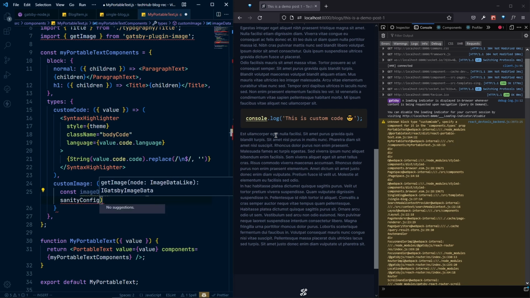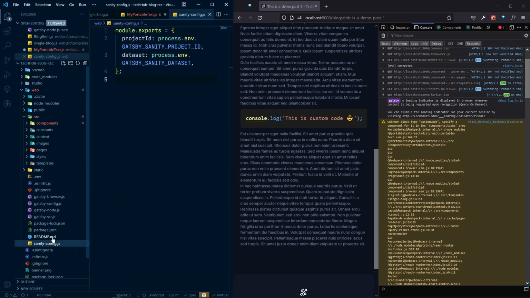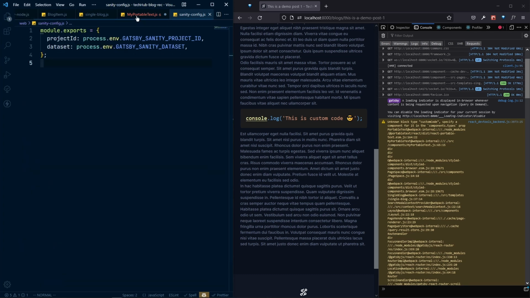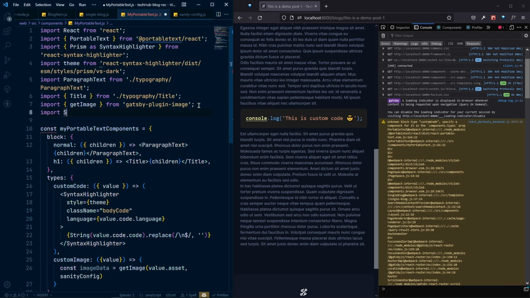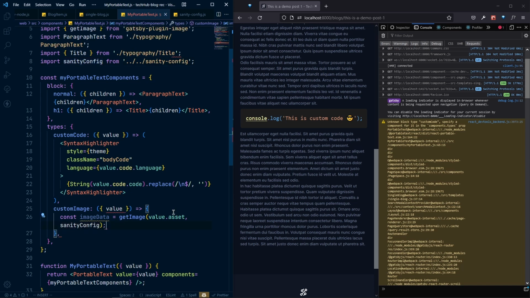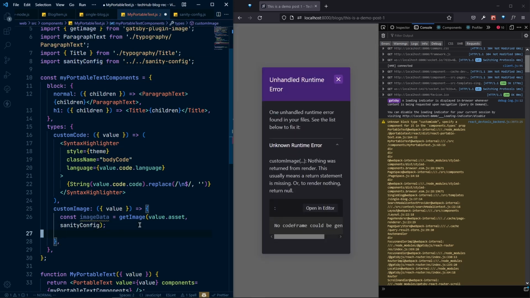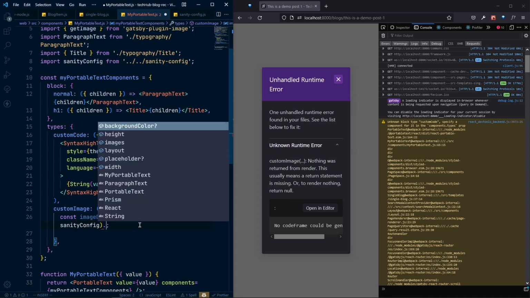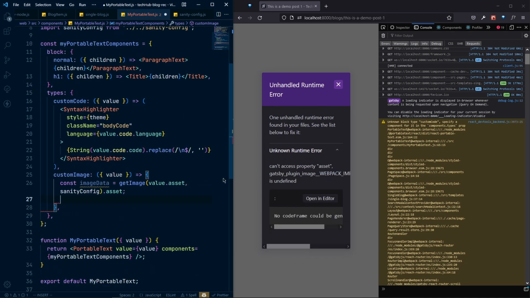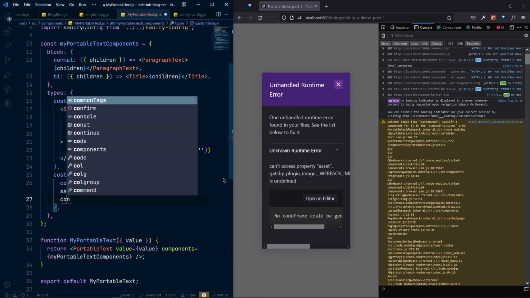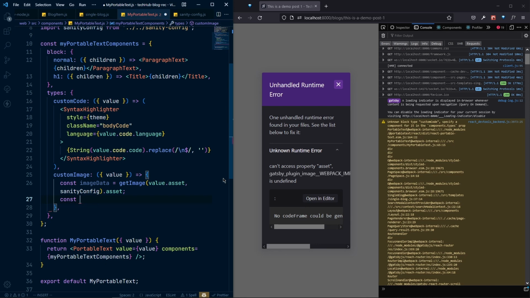So sanity config, so we already have the sanity config, do we? So let's see. Okay, we have sanity dash config. Yeah, we have sanity config, so we need to import that. So import sanity config from the sanity config file. Fine. So if I save that, and also, after that, from this image data we need only the asset. So asset, and also we need to get the height and width for this image. So let's say that constant width, we need to destructure the width and the height for this image,